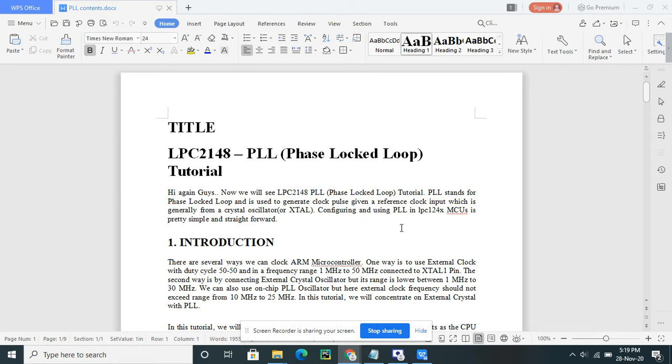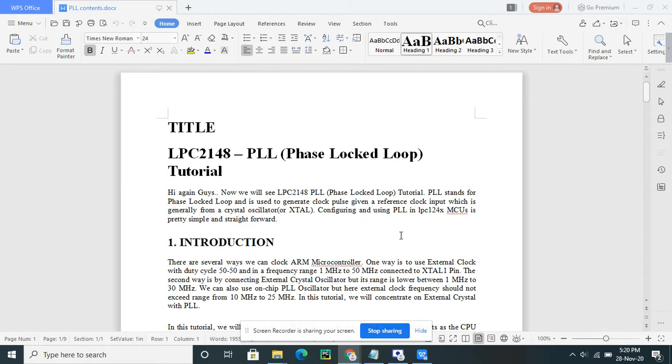In our 8051 microcontroller, we were interfacing an 11.0592 crystal. But in the case of LPC2148, we are using a 12 megahertz crystal frequency.